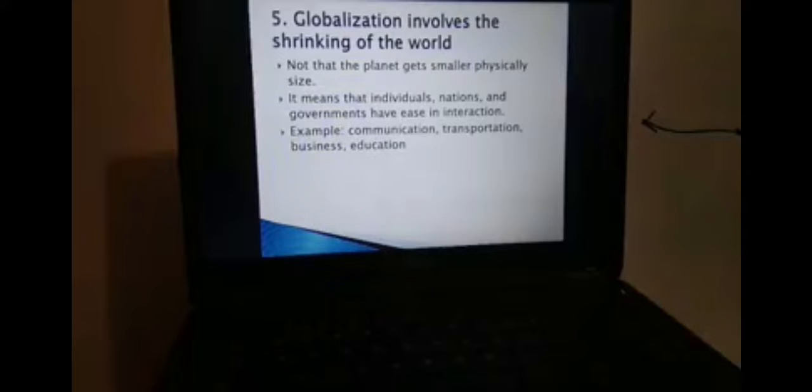How long is travel time from here to Korea? Maybe in the time of Magellan it would take weeks, months. But now, just 3 hours, 4 hours, you would be in Korea. So you can say it's a small world after all.